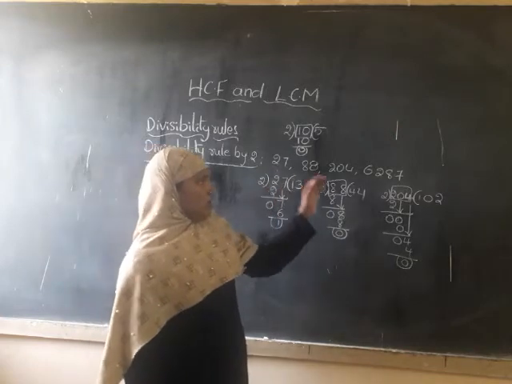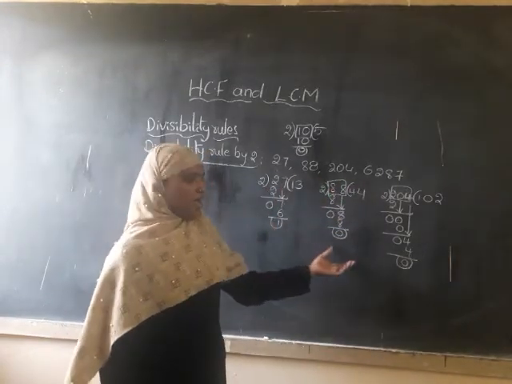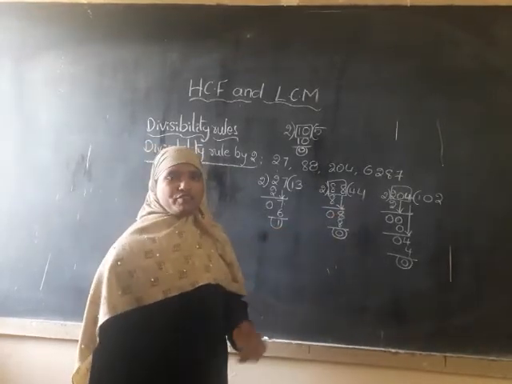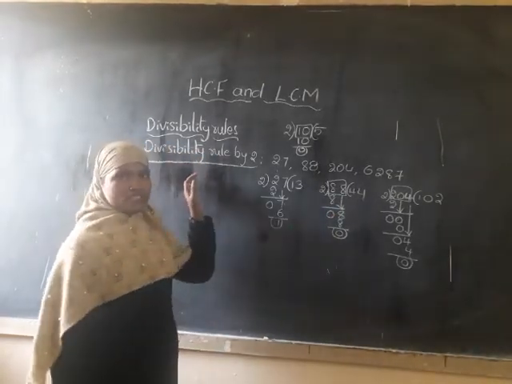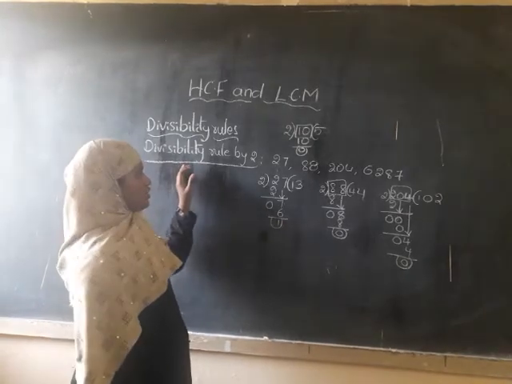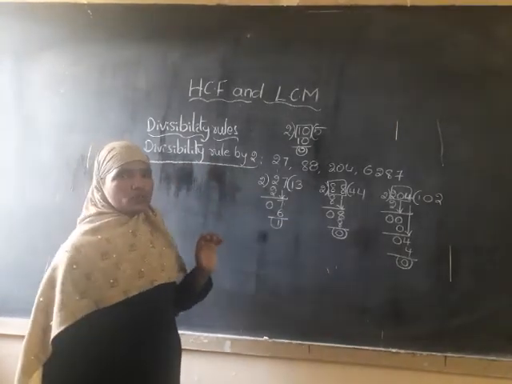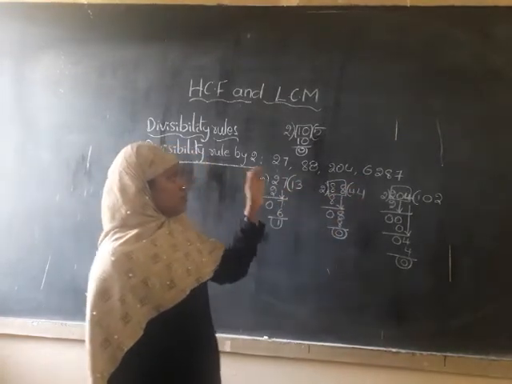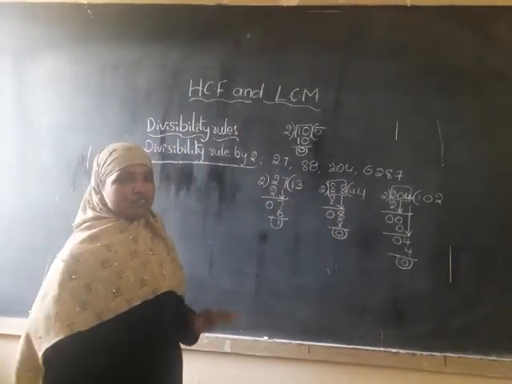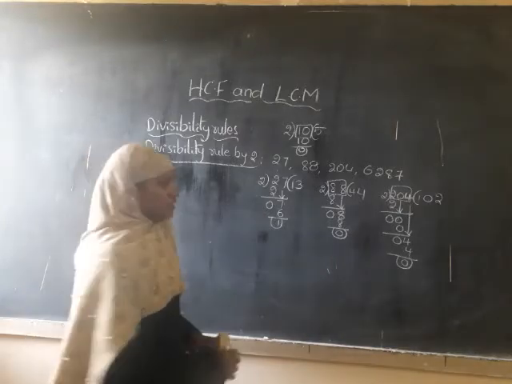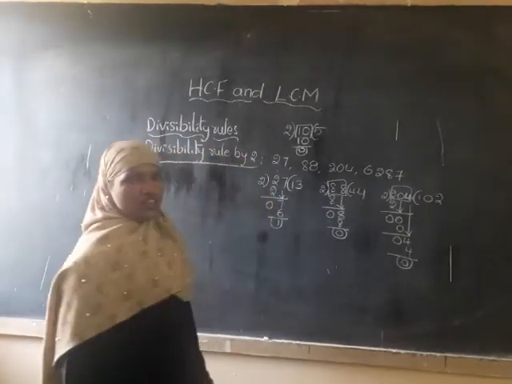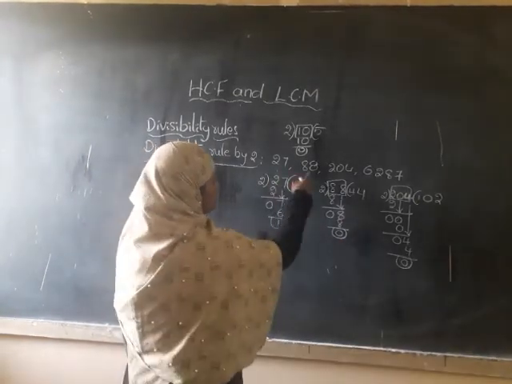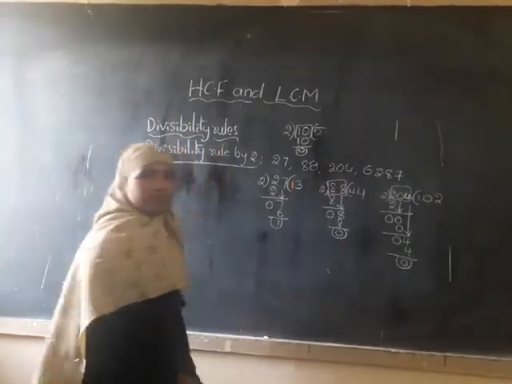Can you solve all these problems only by actual division? Yes, but some problems take more time. For this we have divisibility rules. In that the first one is the divisibility rule by 2. How can you say whether these numbers are divisible by 2 or not without performing actual division? This process is called actual division.